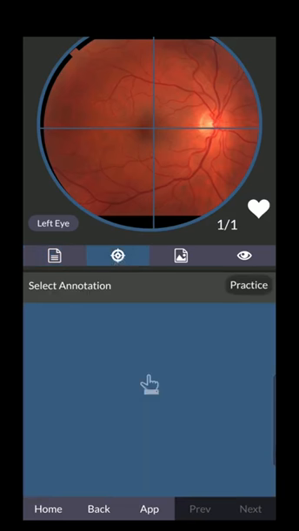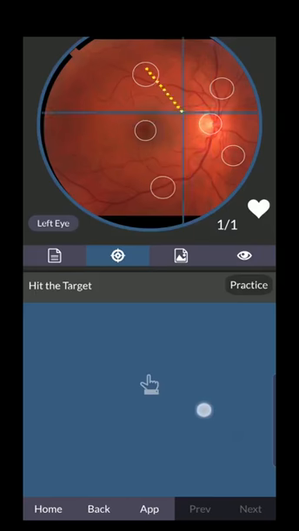So if I engage the annotation function again and select hit the target, you will see that the first structure that you should look at in a controlled way is the optic nerve head, and then you should go to the superior temporal area to view that area next, and then to the superior nasal area, then to the inferior nasal area, then to the inferior temporal area,